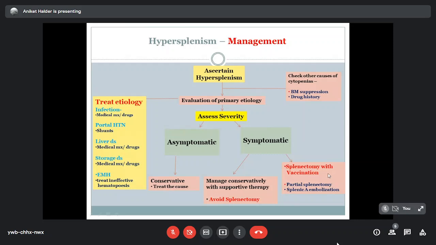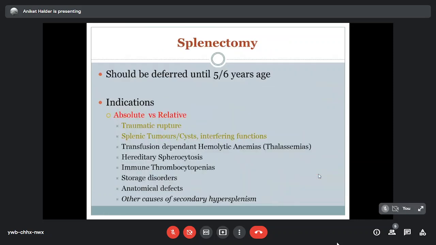clinical and laboratory assessment should be done in all cases to see whether this hypersplenism is mainly due to the hyperactive spleen. In those cases, the splenectomy should be done along with vaccination, which is mandatory in all splenectomized patients. Splenectomy should be deferred until 5 to 6 years of age, because in early childhood there is increased risk of